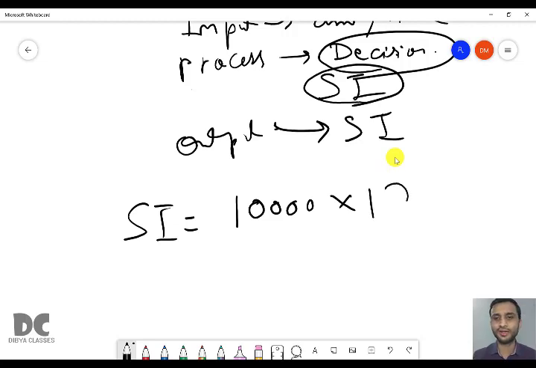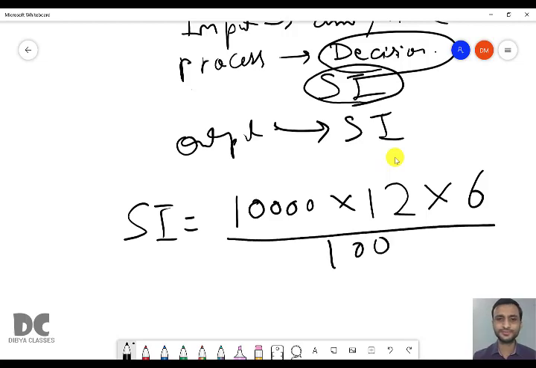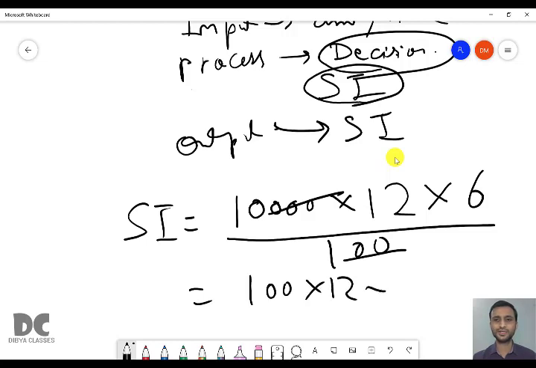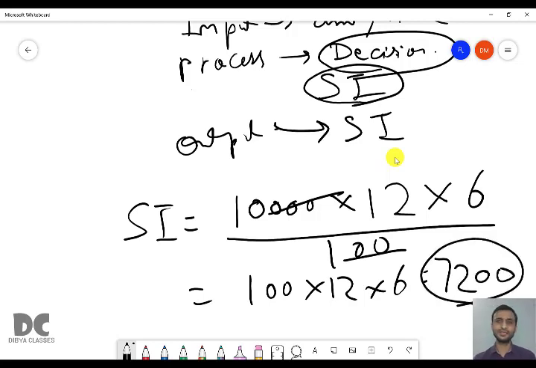So the rate is 12, and time is 6, whole divided by 100. 100 cancels, we get 100 into 12 into 6. 6 into 12 is 72, and 100. So simple interest is 7,200. Clear? It was a very simple question.